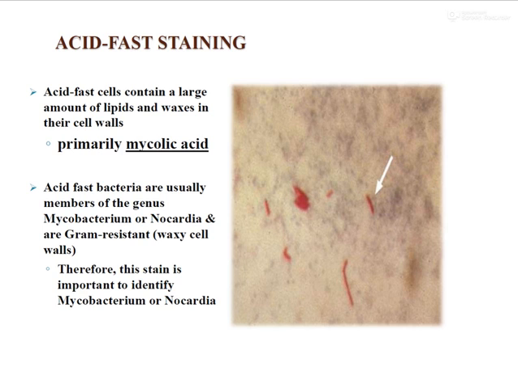But these bacteria, because of the presence of lipids such as mycolic acid within their cell wall, even if you decolorize them with acids, they do not get decolorized and they retain their particular stain. So using this property, you can identify bacteria such as mycobacteria. Okay, and this technique is known as the acid fast staining.